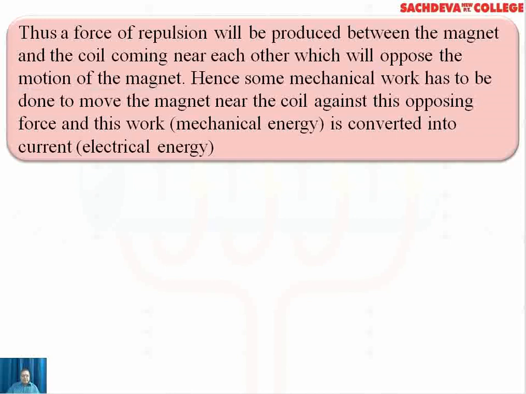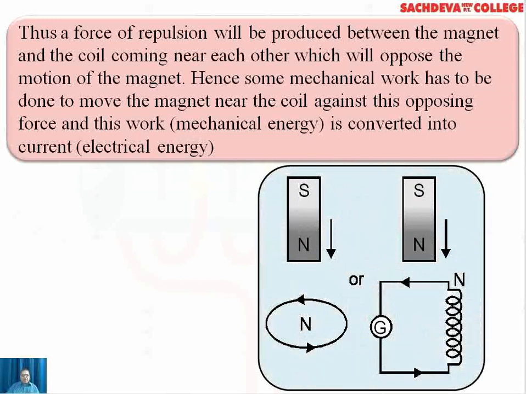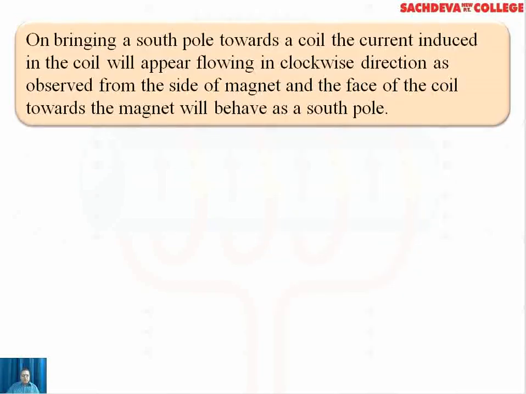Hence, some mechanical work has to be done to move the magnet near the coil against this opposing force. And this work, that is mechanical energy, is converted into current, that is electrical energy. Again, it is shown in the figure. The north polarity is produced on the coil, and that is causing the repulsion, and the flow of current is anti-clockwise. On bringing a south pole towards a coil, the current induced in the coil will appear flowing in clockwise